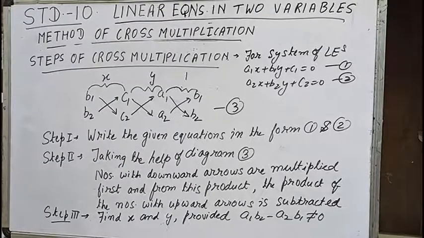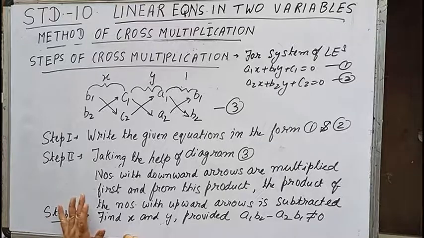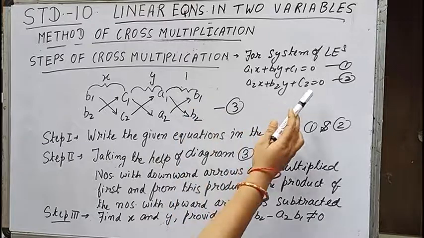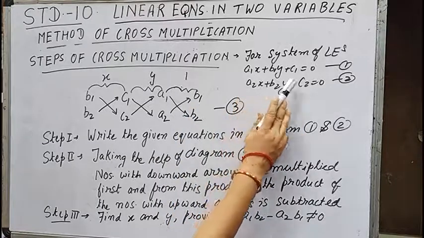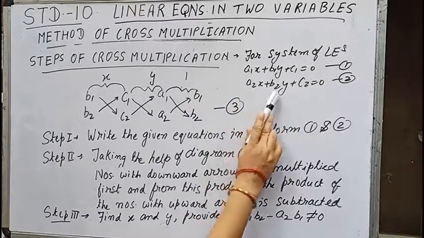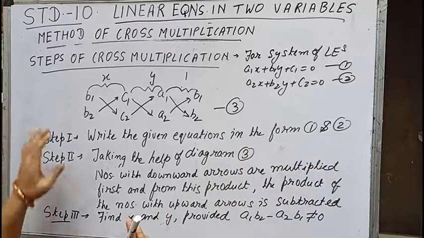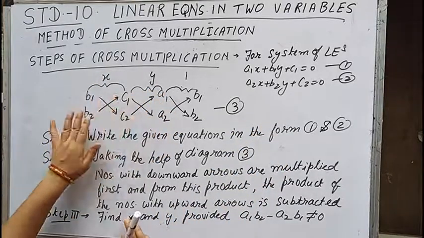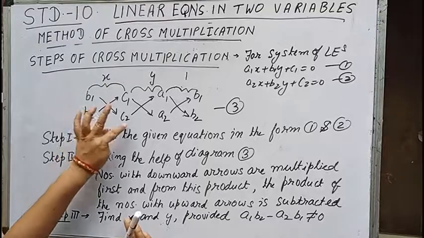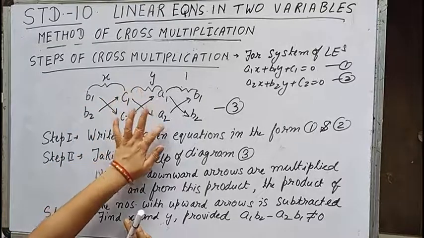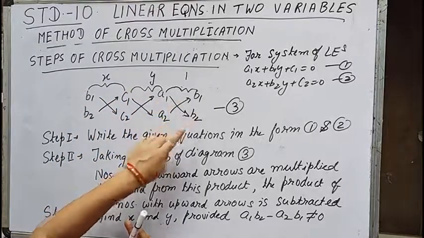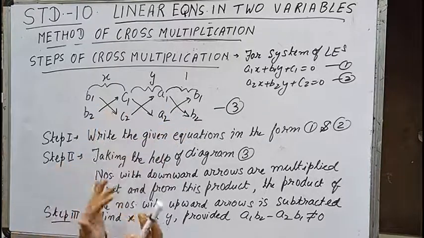So children, now I have written over here the steps of the method of cross multiplication. As I have explained, I have written over here, but more clearly we will understand with the help of examples, but even then pay attention over here. So for the given system of linear equations, a1x plus b1y plus c1 equals 0 and a2x plus b2y plus c2 equals 0, this diagram should be written: x divided by b1 b2 c1 c2, y c1 c2 a1 a2, and 1 a1 a2 b1 b2. We will solve this to get the value of x and y.